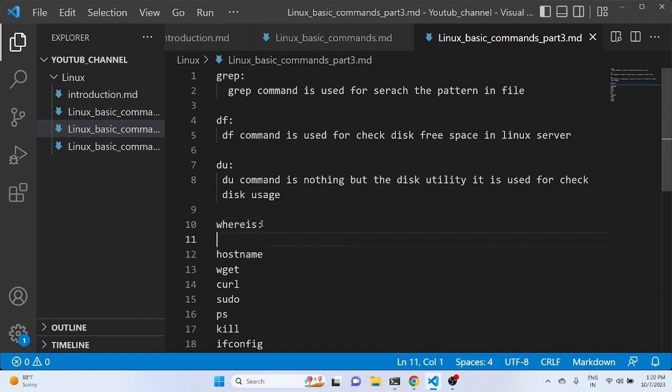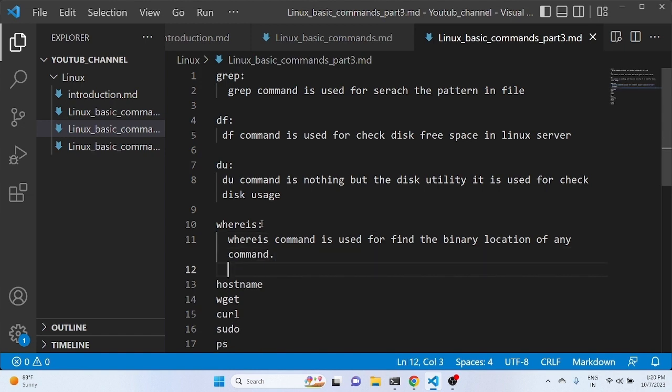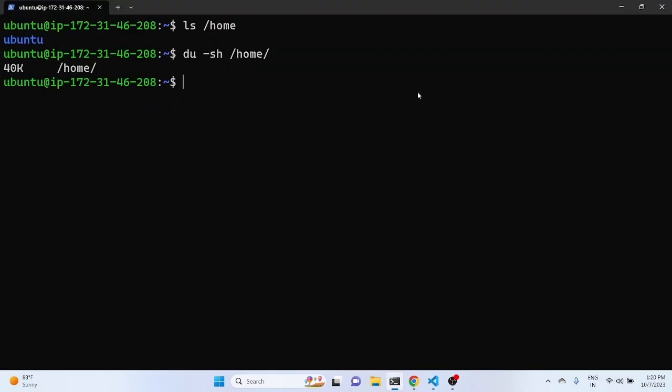whereis. The whereis command is used to find the binary location of any command. For example, you know some command, but you don't know where it is located. For example, I know the ls command. Now I want to search where this ls command's binary is present. You can use whereis